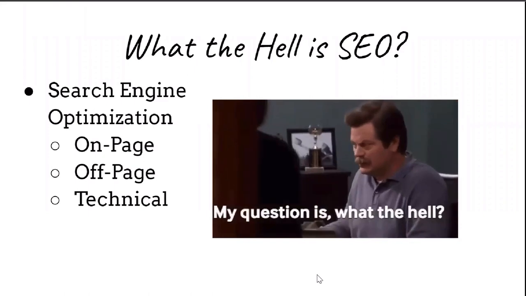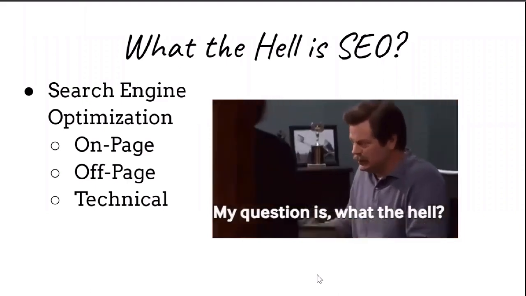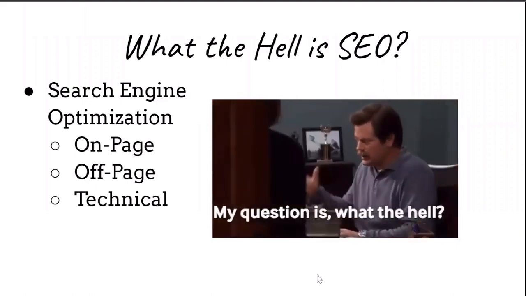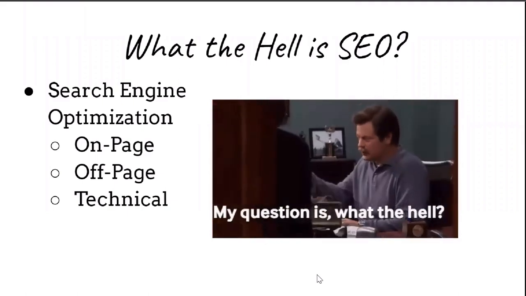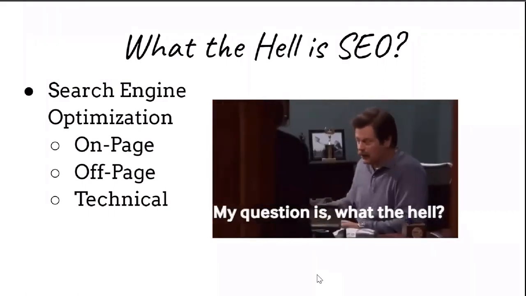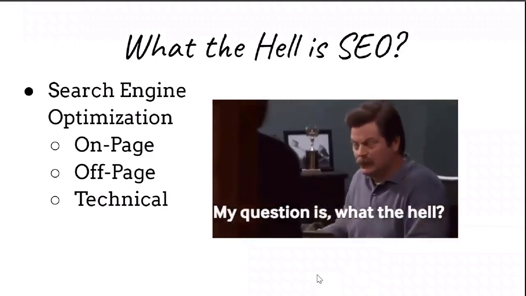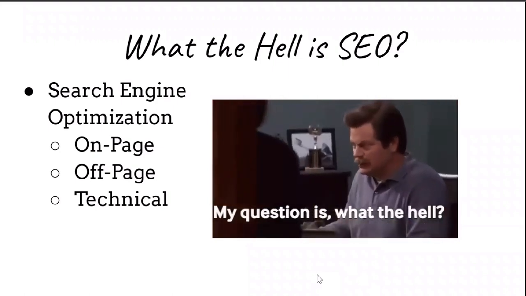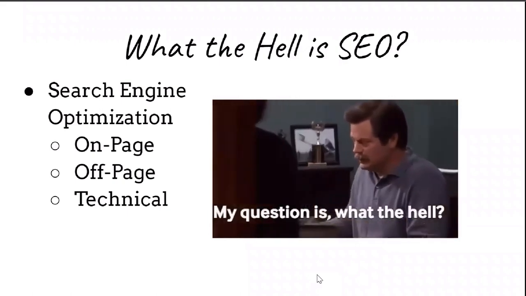Just so you know, it's frequently seen as a complex and perplexing concept. And for authors, it's just another rabbit hole of knowledge, one that feels never ending and difficult. But it doesn't have to be that way. Getting found online is all about performing things that Google likes. Google's primary purpose is to match web pages to consumer searches, and that's all. So rather than comprehending the numerous changes on Google's algorithm, the goal is to understand how search affects your website and how to use this to your advantage. There's a couple different types of SEO that we're going to discuss today: on page, off page, and technical.